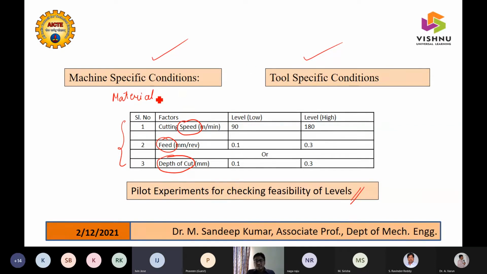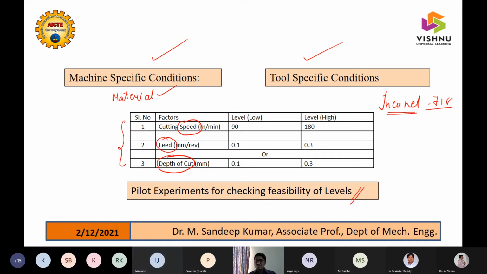That's why I was saying material specific conditions and tool specific conditions. Let us assume that you want to do some machining on Inconel. It may be 718 or 825 or something, some kind of material. So usually when you go with the materials handbook, they will be specifying some range in which you can do machining of Inconel. Let us take this number, Inconel 718, which I am very comfortable with.